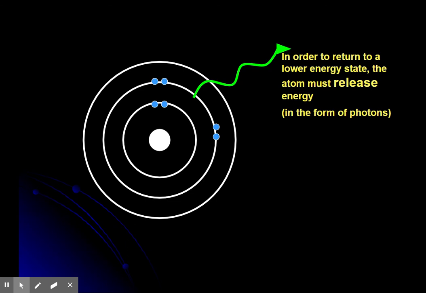So it's really important to know which way the electrons are moving when light is given off. If light is given off by an atom, that means the electrons are moving down energy levels or sublevels. If you give an atom energy, the electrons move from that ground state to an excited state. So they move up energy levels. All right.